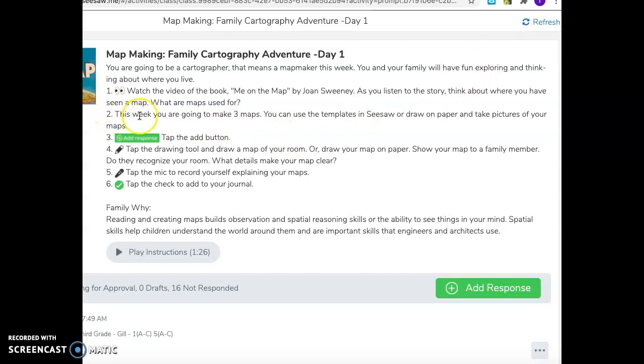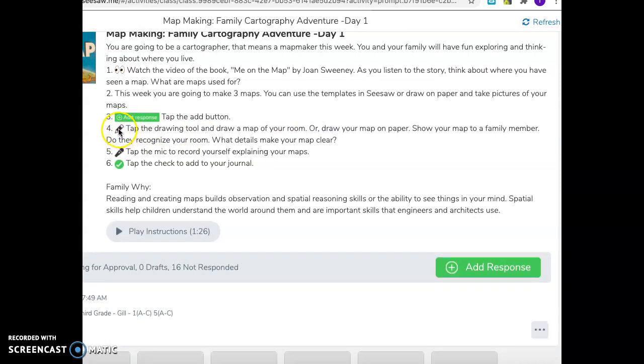Secondly, you are going to make 3 maps this week. You can either use the template that comes with your Seesaw assignment, or you can draw on paper and take pictures to turn in. So you'll add response, and you're going to, again, either draw using the drawing tool on Seesaw or on paper pencil, draw a map of your room. You are going to label your map with a key and legend and make sure that the reader can understand